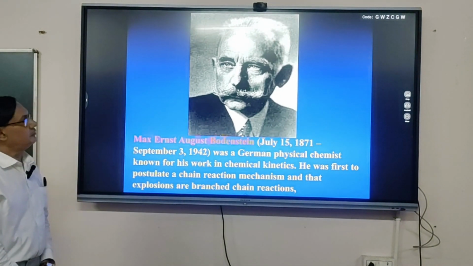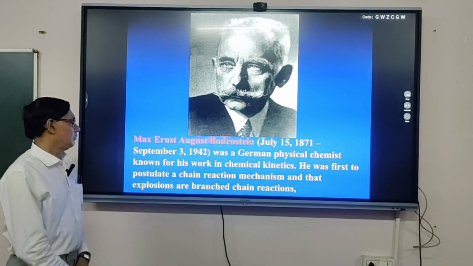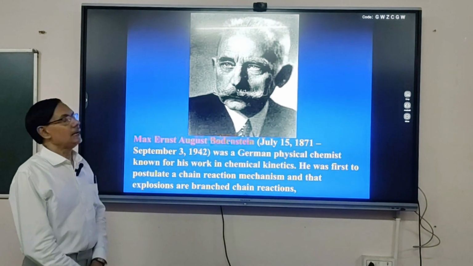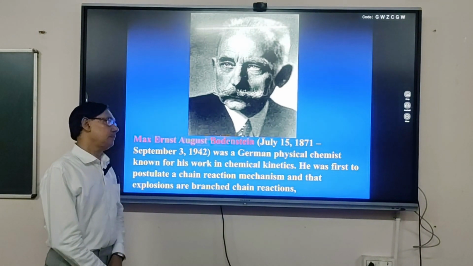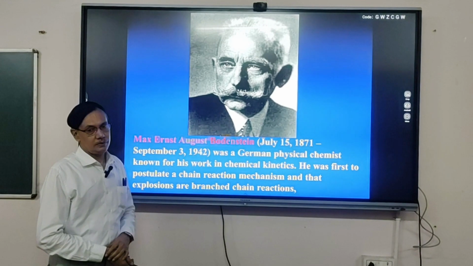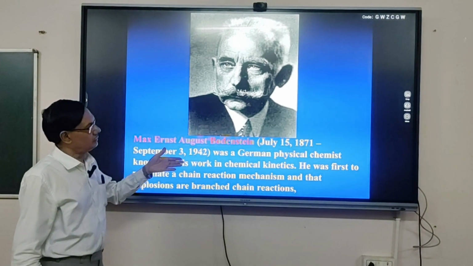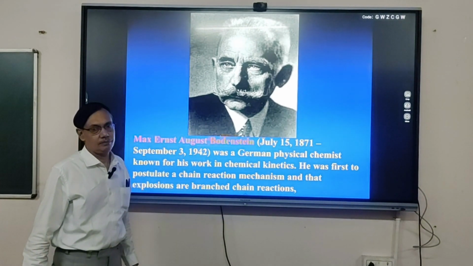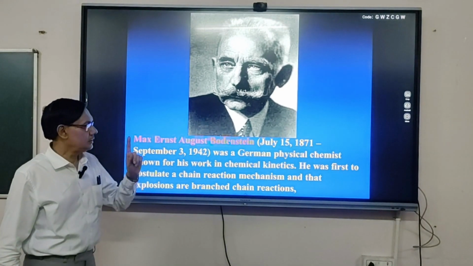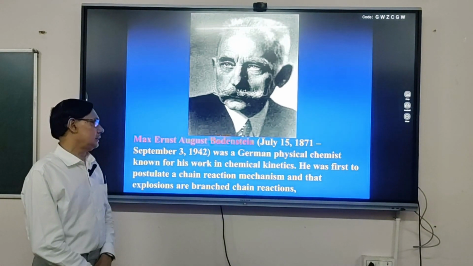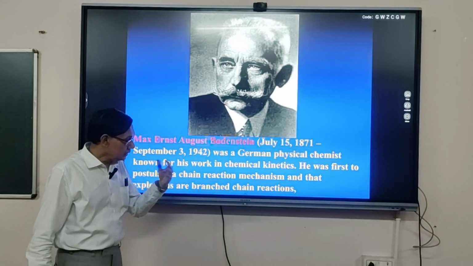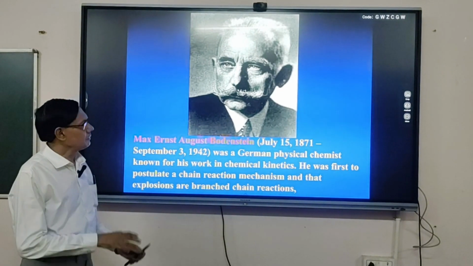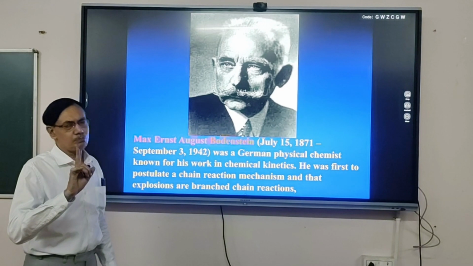And he is a German physical chemist. I will explain only one simple reaction where there may be more than one intermediate. As per the steady state approximation, one of the rules is that you have to eliminate all these intermediates. If there is only one intermediate, there is a very simple steady state approximation method. If there are two, then it is a little bit different. In future, I will discuss the hydrogen halogen chain reactions, but today I will concentrate on only one simple reaction,